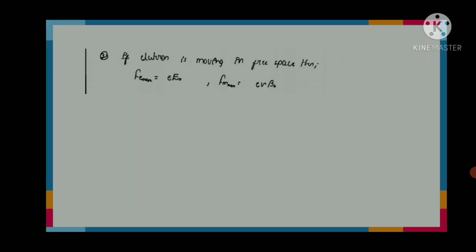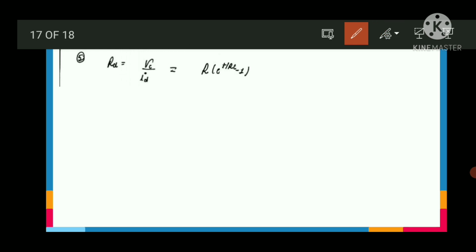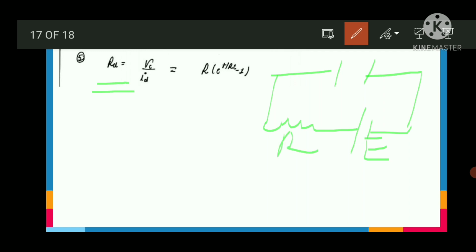This will be our last topic, but not the least: R D, which we call displacement resistance. Let me show you in the figure how things look. Here we have a capacitor, a resistor, and a battery with EMF E and resistance R. A conduction current flows. Some potential drop will come across the capacitor, and it will also have a current ID. Can we find the corresponding resistance, which we call RD? The basic concept will be potential drop upon ID.